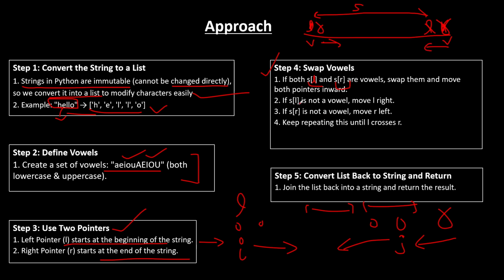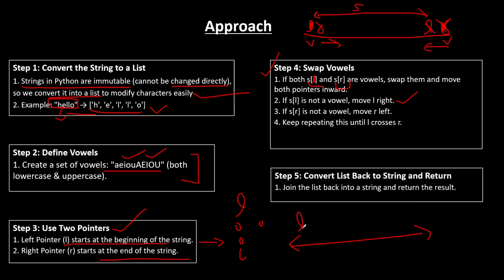Okay, if S of L is not a vowel, we move left to right, and if S of R is not a vowel, we move right to left. Okay, what does this mean? So if this is the string, right? Suppose left is here and right is here, and if left is not a vowel, N V, and this is a vowel. Since left is not a vowel and right is a vowel, we will just increment L to the right hand side because we have to search another vowel so that we can replace the right with it, right? And if vice versa happens,